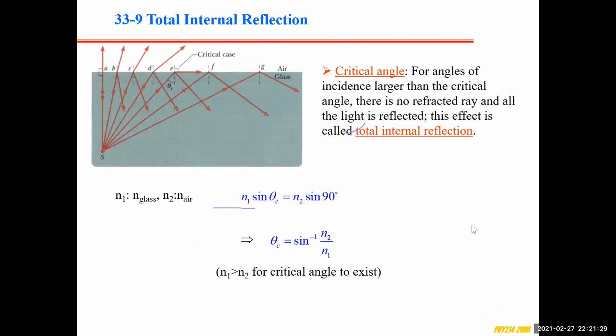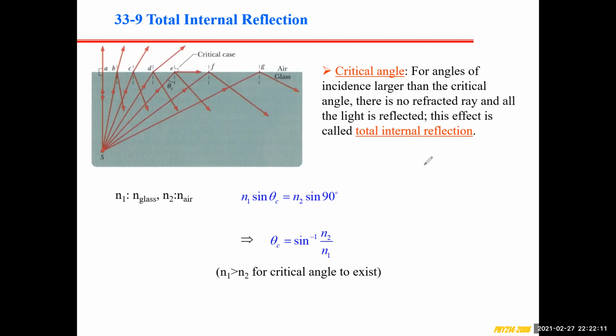Another interesting phenomenon that we use a lot in applications is what we call total internal reflection. So what is total internal reflection? We actually use that a lot in the applications of cable, or fiber optics. If you've seen fiber optics, you'll see that light propagates within that device. You don't see light emanating from that device, and that's the application of fiber optics or cable, which utilizes the concept of total internal